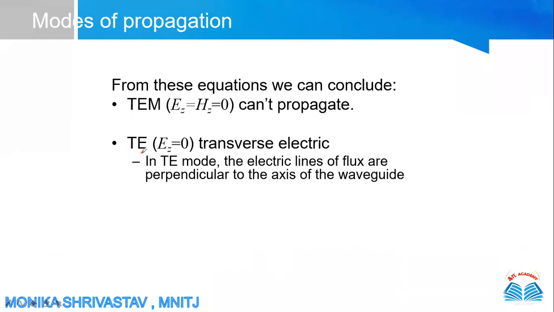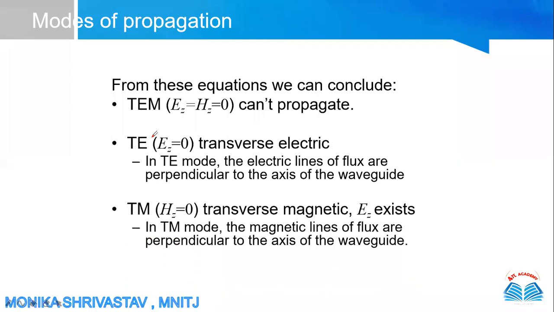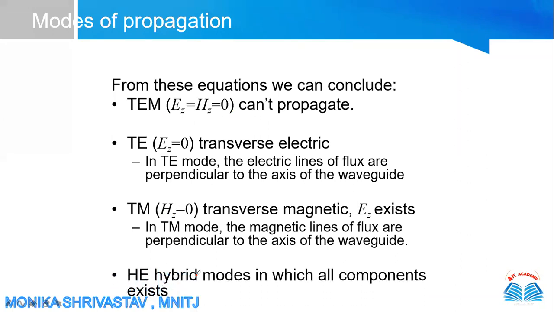Second one is our TE, transverse electric. In this, only the Z component of electric field is 0. Next one is TM, transverse magnetic. In this, the Z component of magnetic field is 0. So these are three modes, the important modes in rectangular waveguide. We have to study these three modes precisely, TEM, TE and TM modes. Most of the questions which are coming in your exams are from these two modes only, TE and TM modes. So we will solve all the questions for these two modes.